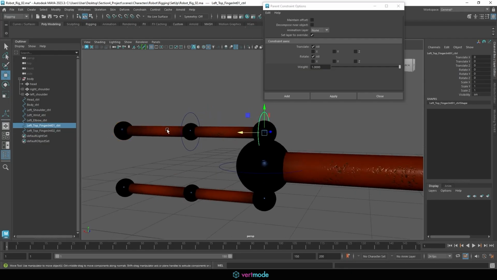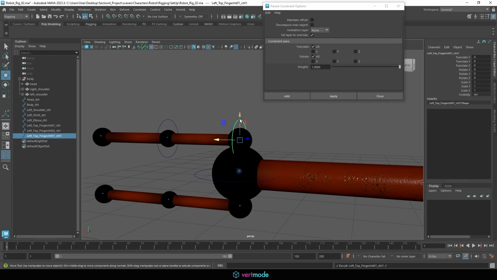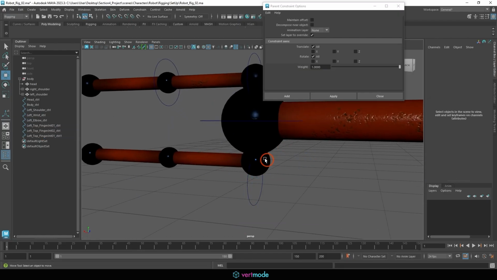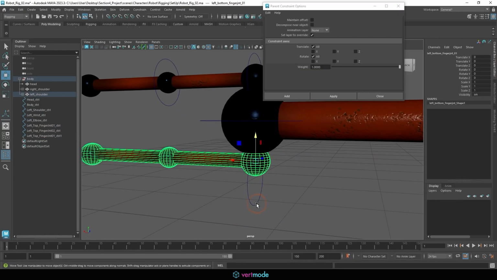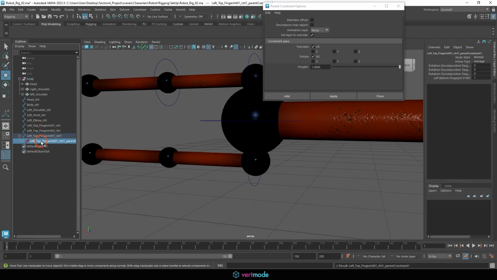That tip doesn't move, that shaft doesn't move. So we're good. I'm going to duplicate this down. We'll go ahead and just shift select again, Geo to control. We'll go ahead and delete that. And this is going to be the left bottom